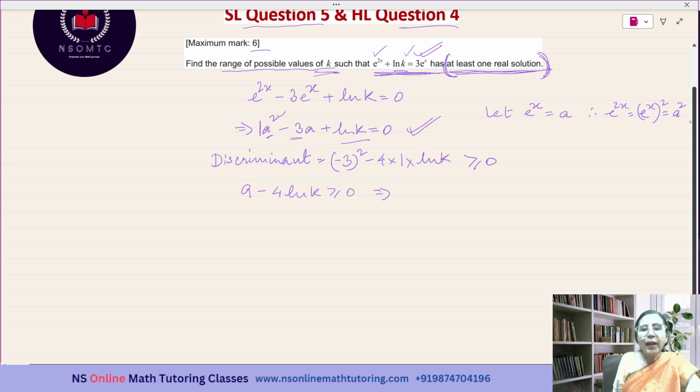Or I can write ln of k, or 4 times ln of k. I'm taking this to this side. Or I can say that I'm adding 4 times ln of k to both the sides of the inequality. Okay. So 4 ln of k will be, you see, if I bring this to this side,